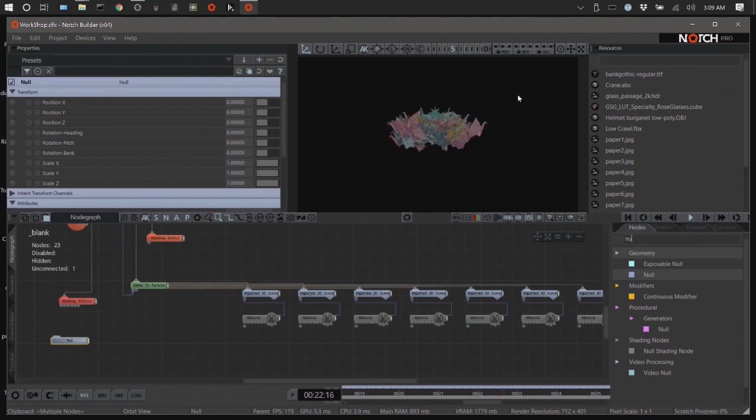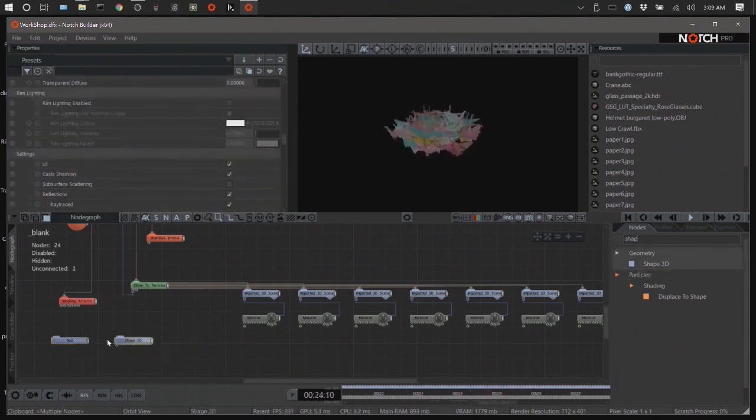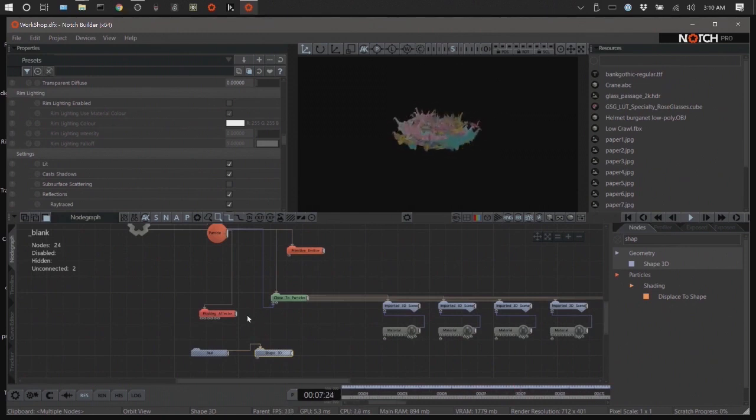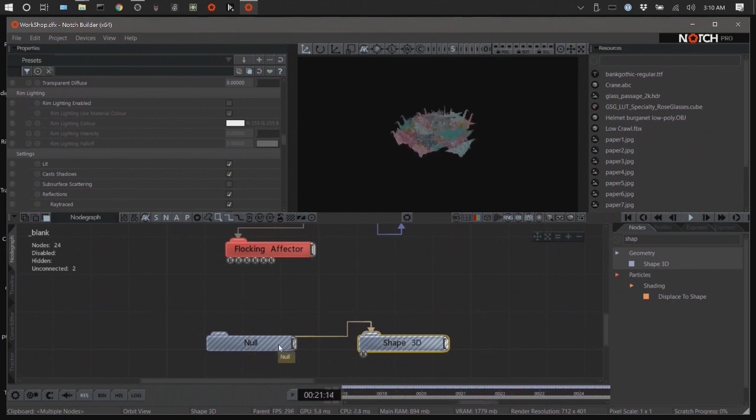The particles or the cranes will be attracted to this goal, this node or this null, whatever you connect to here, they will be attracted to. そこにヌルをつなげると、そのヌルに対してパーティクルが追いかけてくるので、制御がしやすいです。And to make it easier to visualize, I'm going to add a shape 3D. ビジュアライズするために、シェイプ 3D を出してください。So I'm going to connect the null to the shape 3D and then connect the view. ヌルから Shape 3D につなげました。